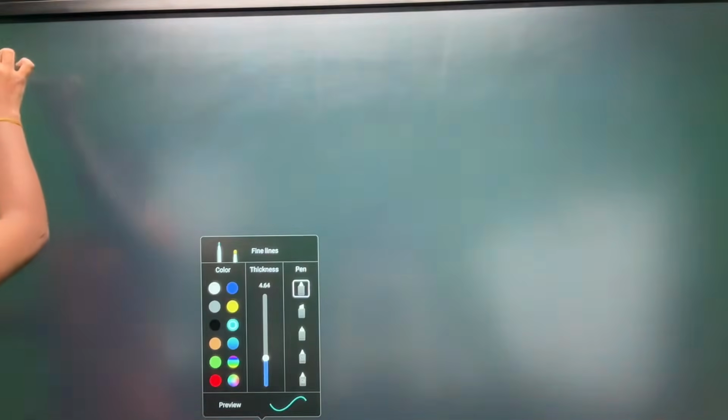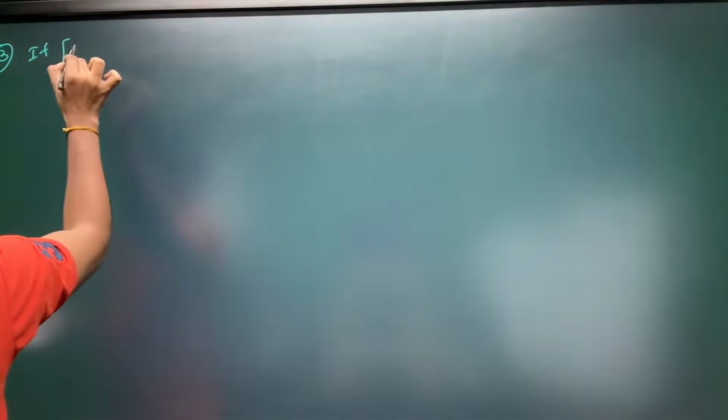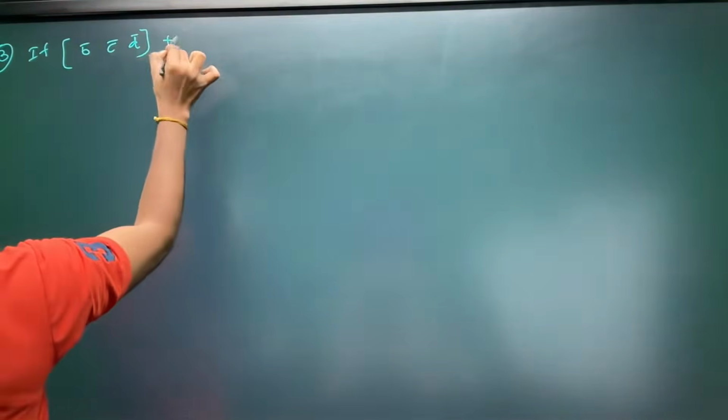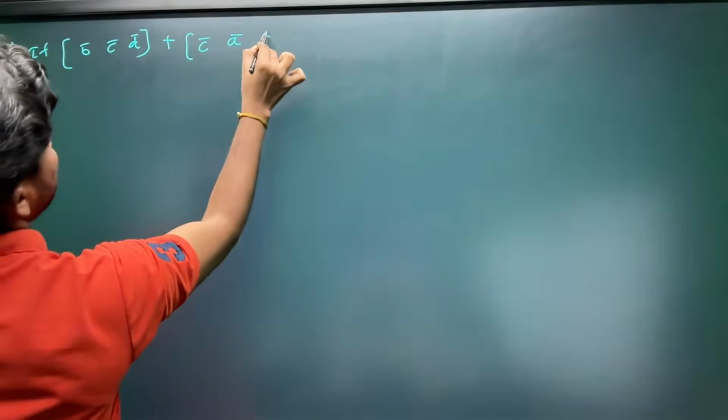Next, one more important problem from this condition, the third one. Very important. A lot of students have doubts here. So if box of B bar, C bar, D bar plus box of C bar, A bar, D bar, okay,